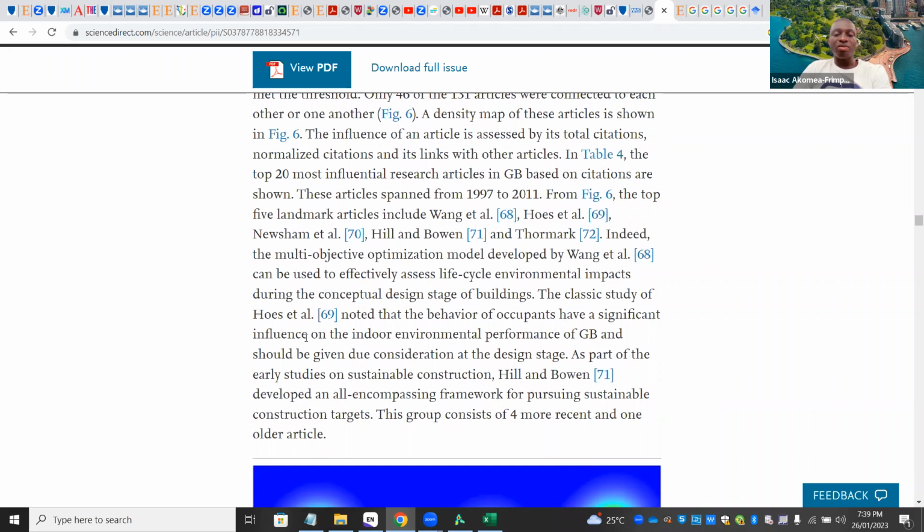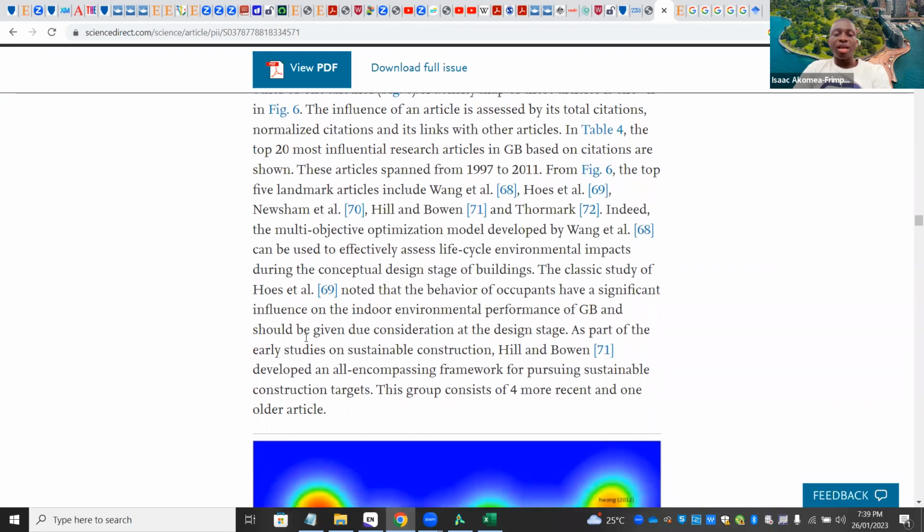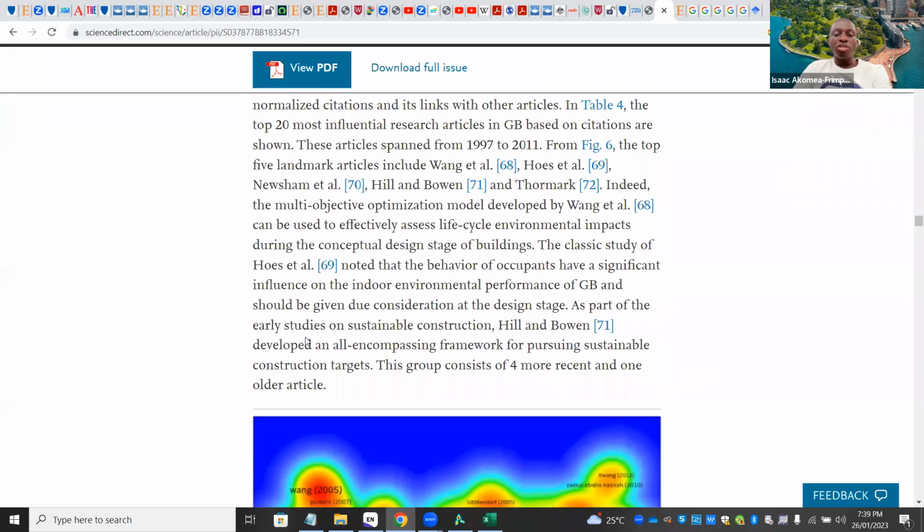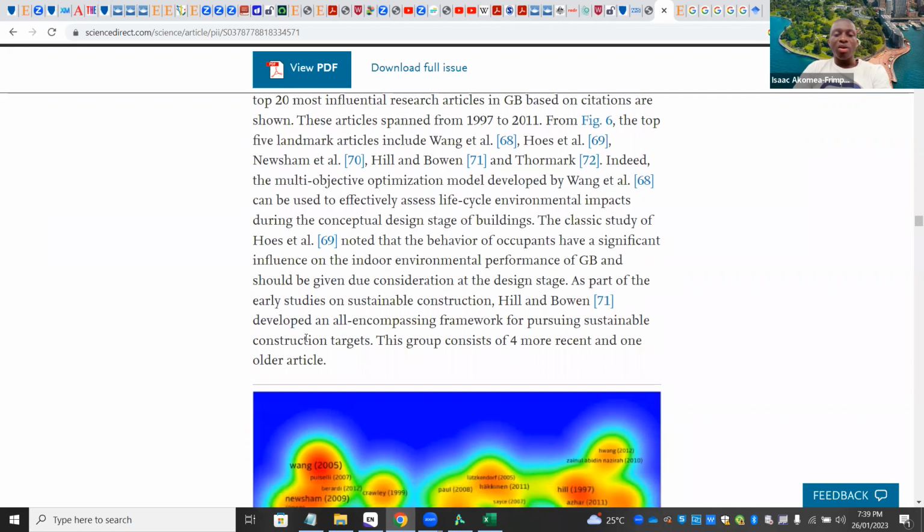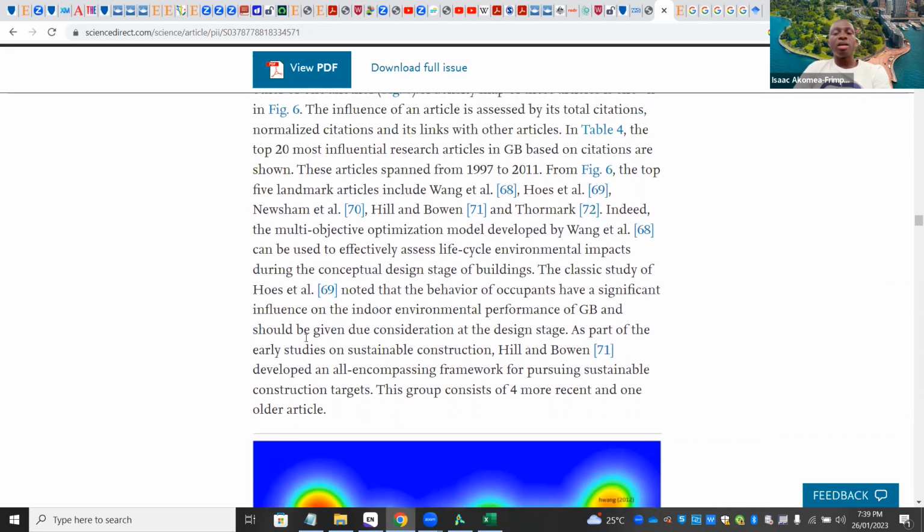The classic study of Hong et al. noted that the behavior of occupants has a significant influence on the indoor environmental performance of green building and should be given due consideration at the design stage. As part of the early studies on sustainable construction, Hill and Bowen developed an all-encompassing framework for pursuing sustainable construction targets. This group consists of 4 more recent and 1 older article. So he decided to explain the tips, just a small aspect of what the top